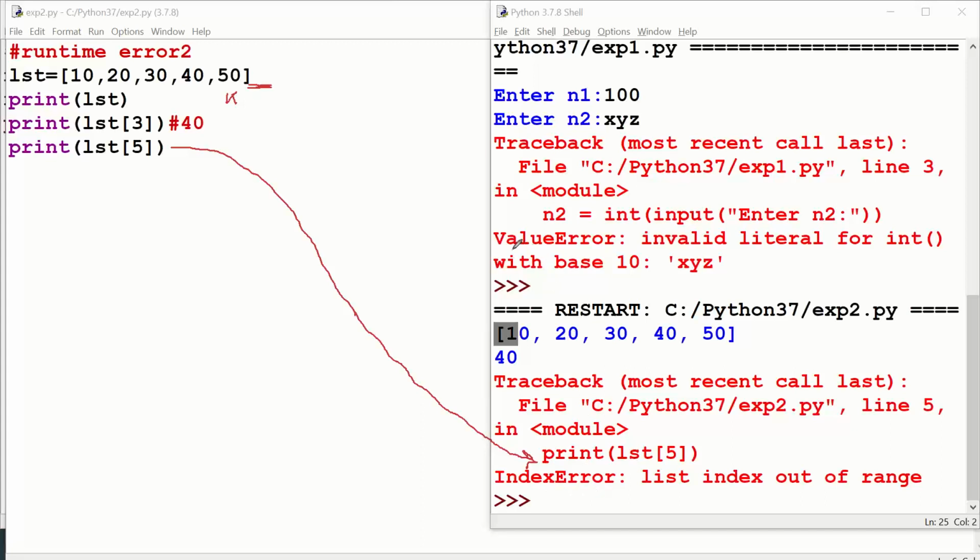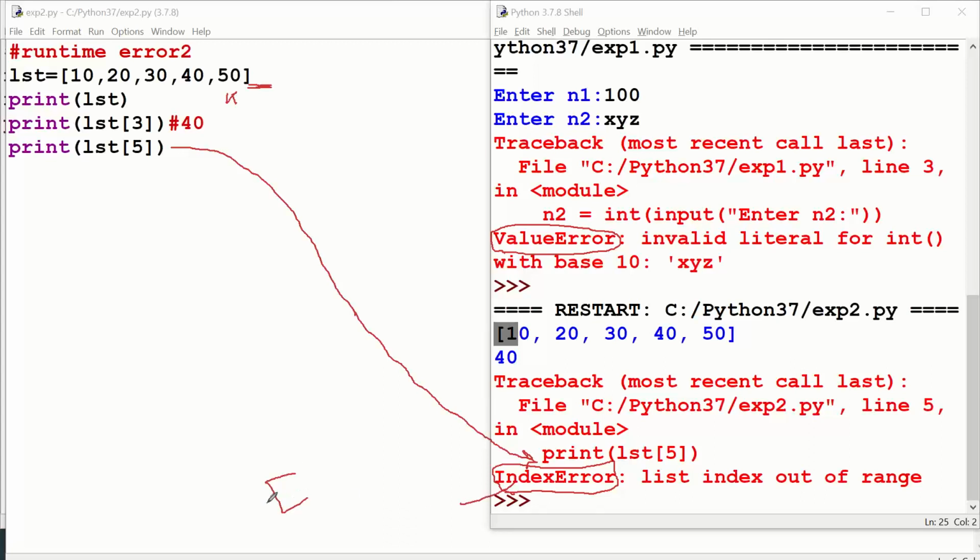Index error. So I have told you right from the start, whenever you see this kind of word, it's a combination of two words. The first word is some meaningful word, and the second word is error. So these are called exceptions.